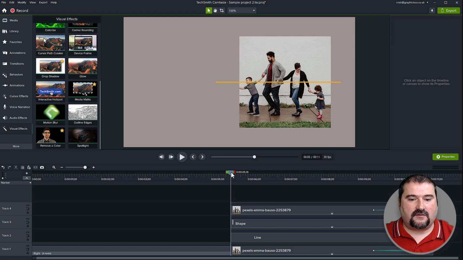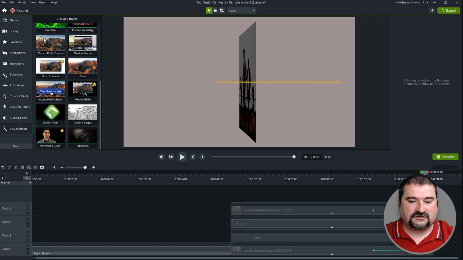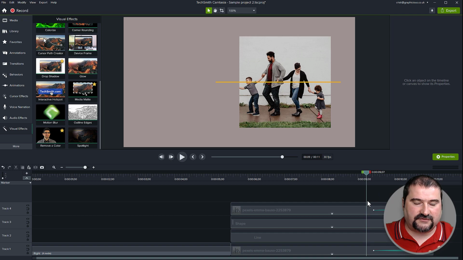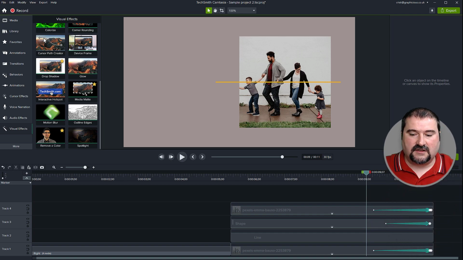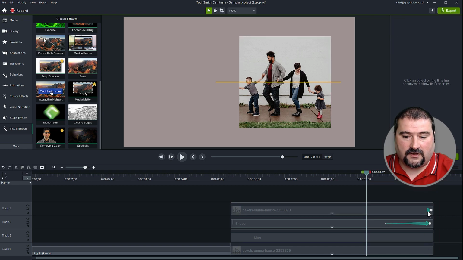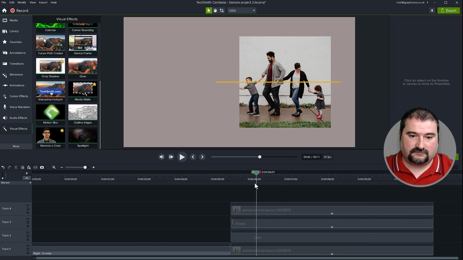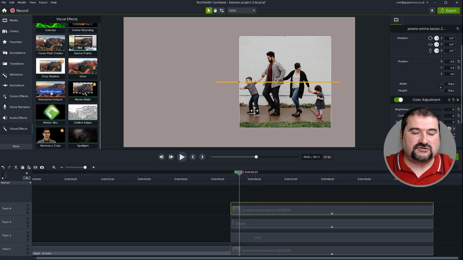This animation right now is a copy of the first one. The problem is, if I rotate this object, it's going to flip the image for me 180 degrees, which is not what I want, because if I put the image in here the way I expect it to show on the left side, it's going to flip it. I don't want to have to deal with that. So what I'm going to do is remove all of the animations for now, on all the objects. Now my image is not going to be affected by anything. What I want to do is move this image to the left. Yeah, that's the final position it's going to be in.